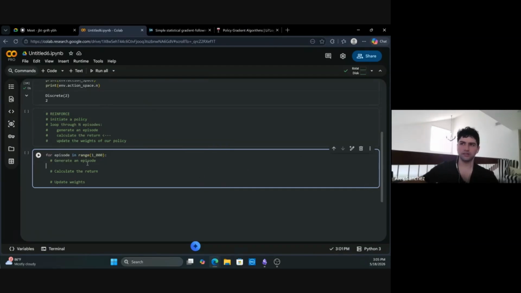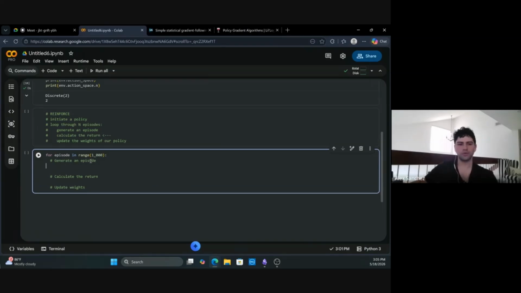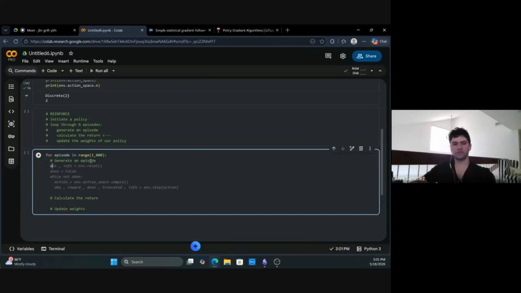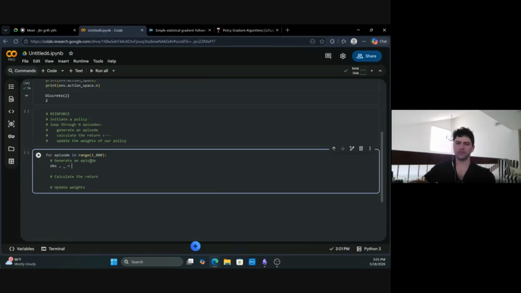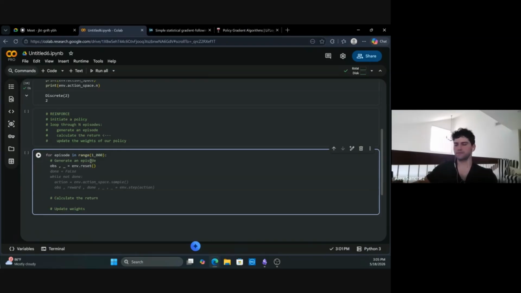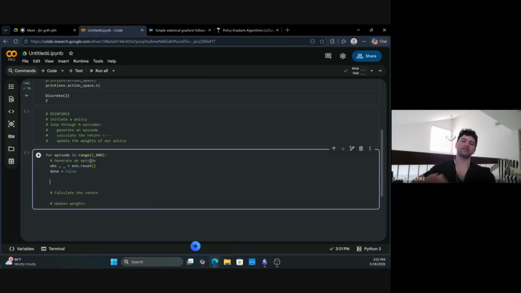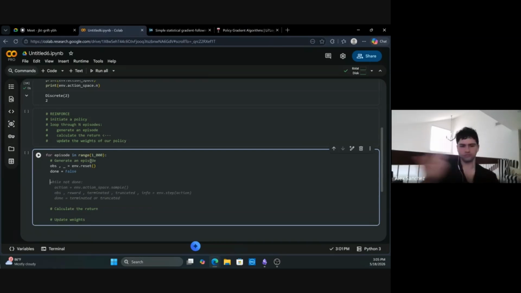Let's see how this episode generation works. We are given an observation and then the information. The information doesn't really matter. You saw it was empty. So we reset the environment, and then, just like it's telling us, we set done equals false. Done basically tells us if the episode is done or not. And then while not done, so while it's still going,